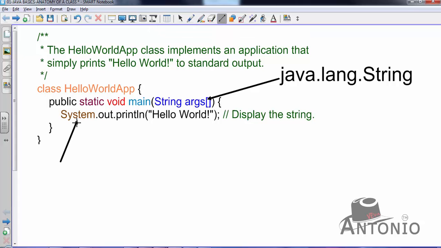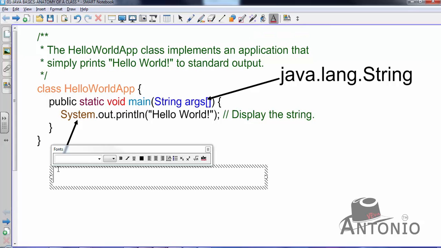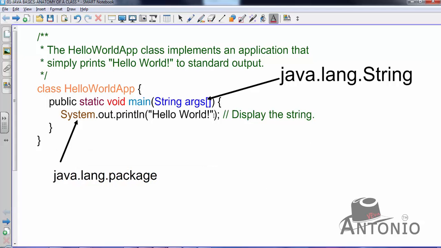So what is a system? Very simple. Java.lang package. Alright. Let's repeat again. System is a class in the java.lang package.